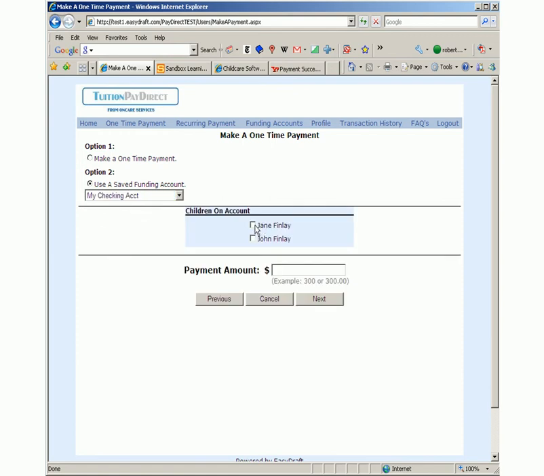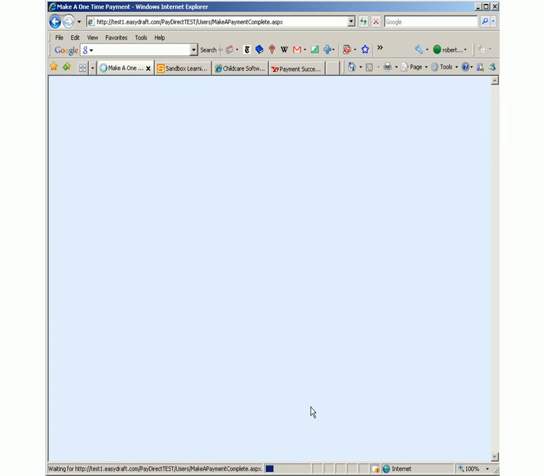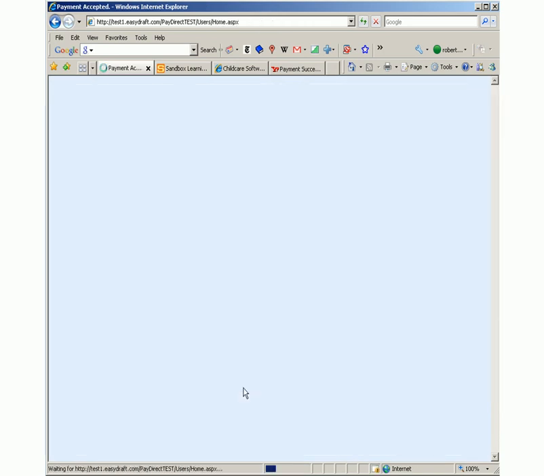Next, they'll select the children to associate with the payment, and finally the dollar amount of the payment. When they click Next, they'll be sent to the payment confirmation page. Accept the legal terms and click Submit. In just those few steps, I've now made a second one-time payment without the need to input all the funding